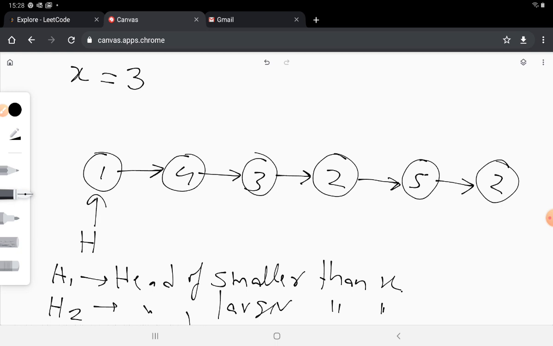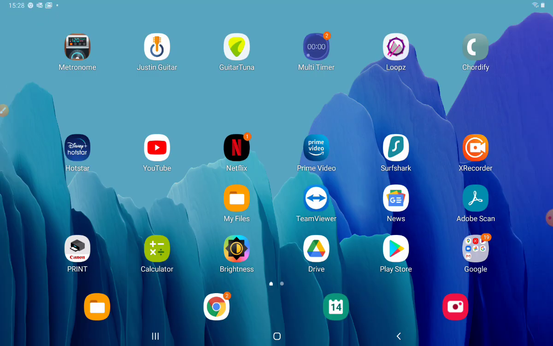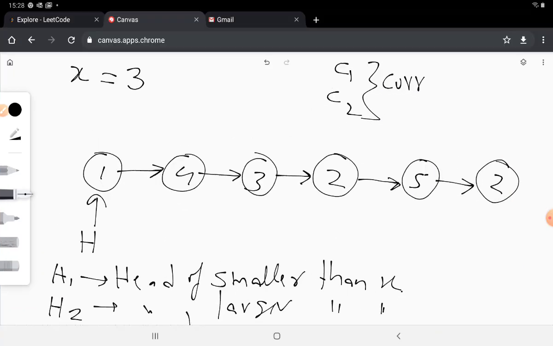And then we would also need two other pointers, c1 and c2, which denote the current node in h1 and h2 respectively.